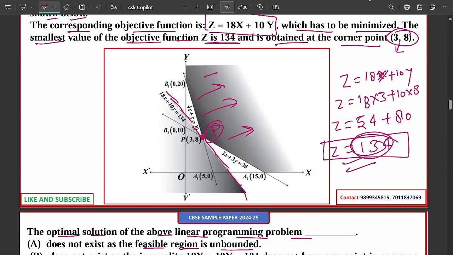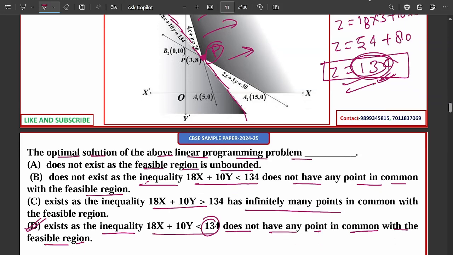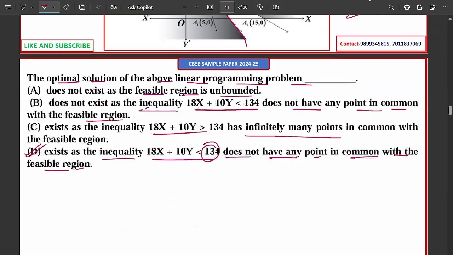So in this question, the objective function has to be minimized, and the smallest value of the objective function is this. So actually the smallest value is this. So option number D, because it exists as the inequality this less than 134 does not have any point in common with the feasible region. So this is a correct option for this one. And now after